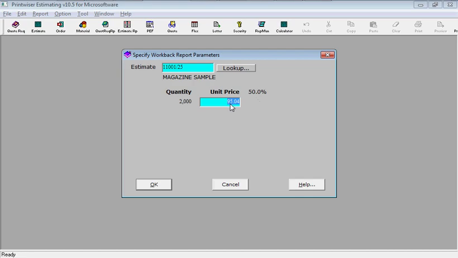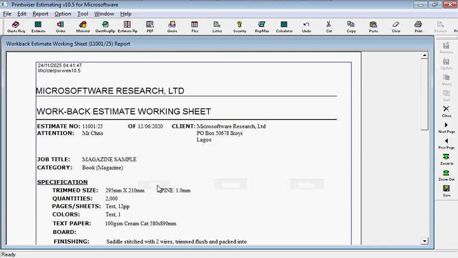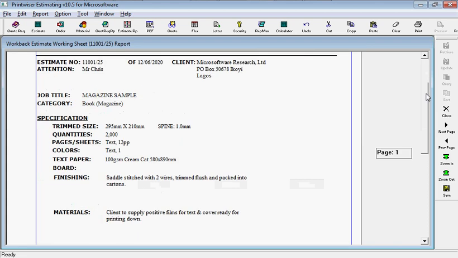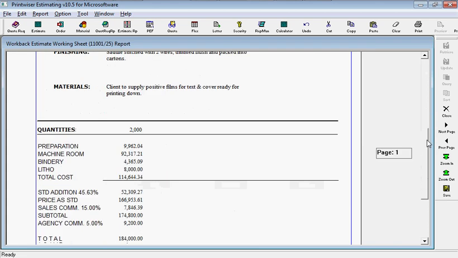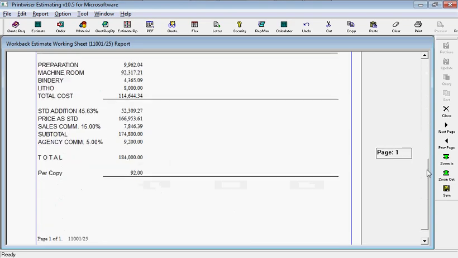So I'm going to change this to 92 and click OK. And here we have our workback estimate working sheet telling us that at 92